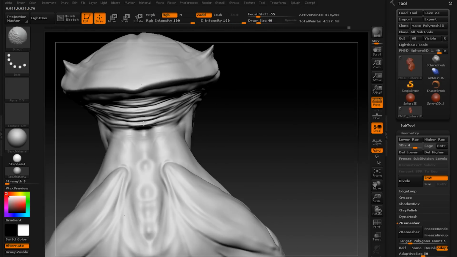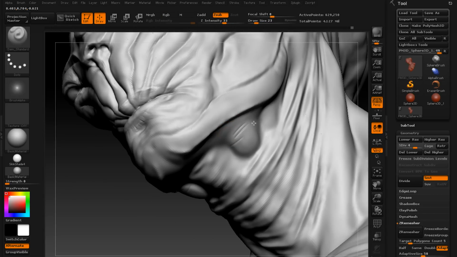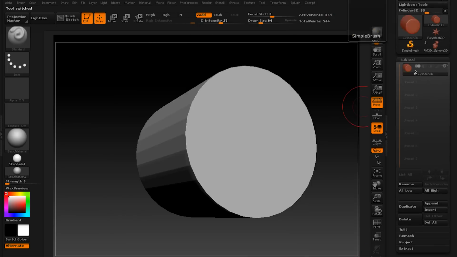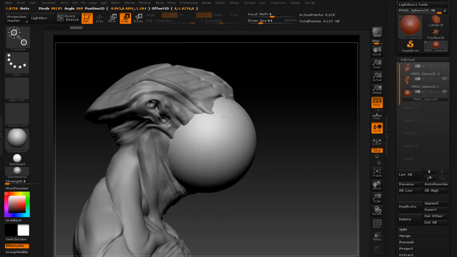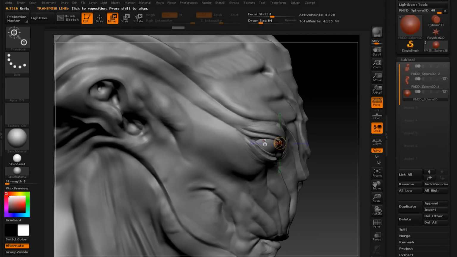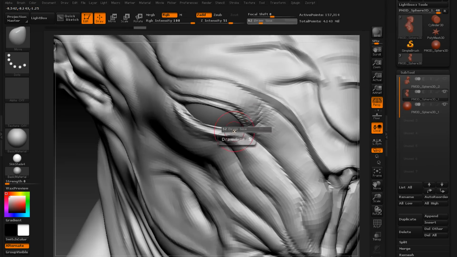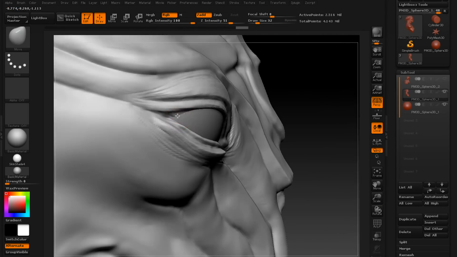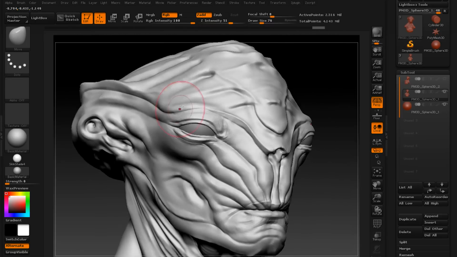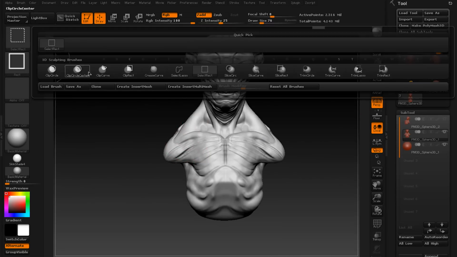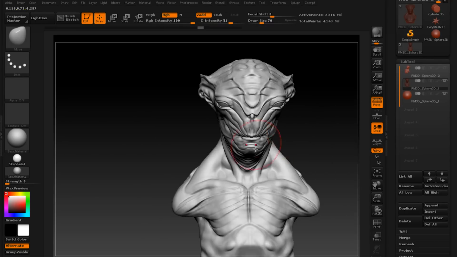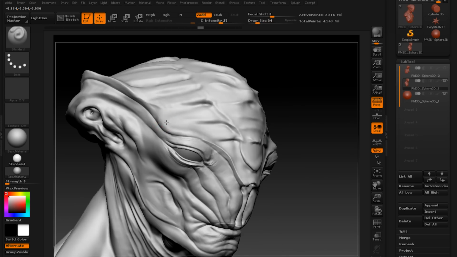So here I separate the surfaces a little bit further, and then append a new subtool, just a regular sphere, which I put inside the eye socket to serve as the eye, and then I mirror it to the other side. Yes, enable the symmetry and tweak the geometry around the eye a little bit, so it would wrap around the newly created eyes,